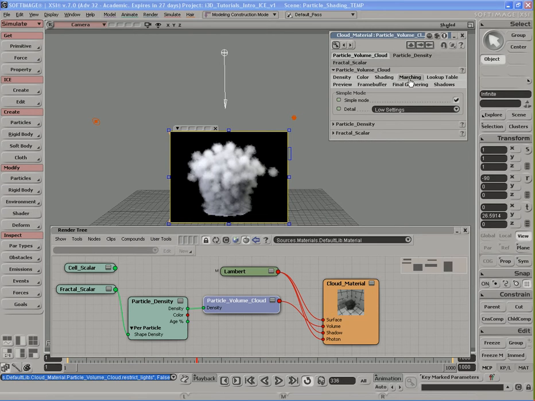Then over here we have a marching tab. Marching tab is going to go ahead and directly affect performance. So we have this simple mode that's turned on by default, which allows us to have simply one option for controlling the detail level of the particle cloud. By default, it's set to low settings, but we have 3 settings to choose from: low settings, default, and high. If we set it to default settings,